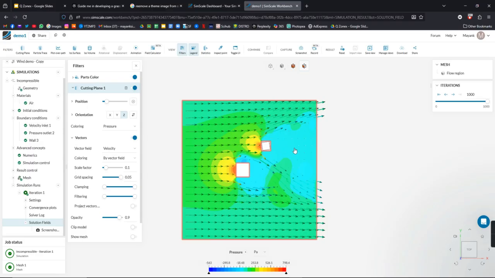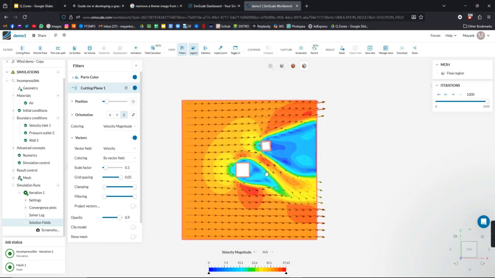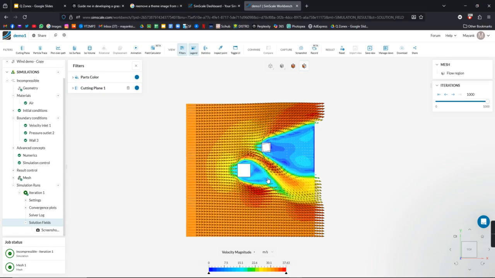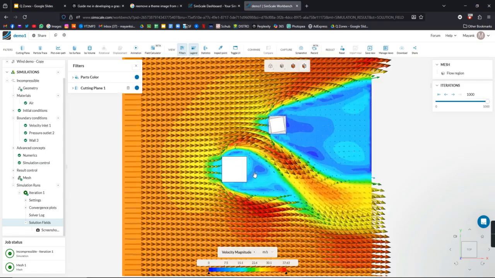This helps us locate areas of negative pressure. That means there are going to be what we call eddies. So wind is going to come in and have like a small whirlpool here. Let's just again understand it through velocity and velocity magnitude. So yeah, something like this. And if you increase or decrease the grid spacing, you'll understand what I'm saying. You'll see that if I zoom in here,